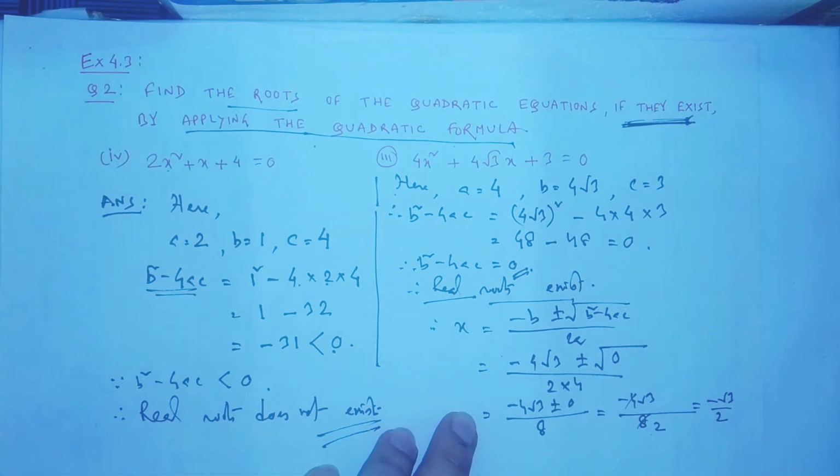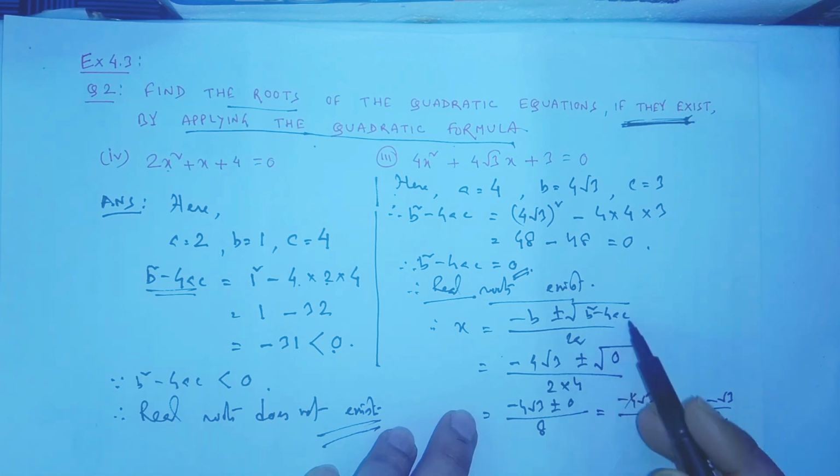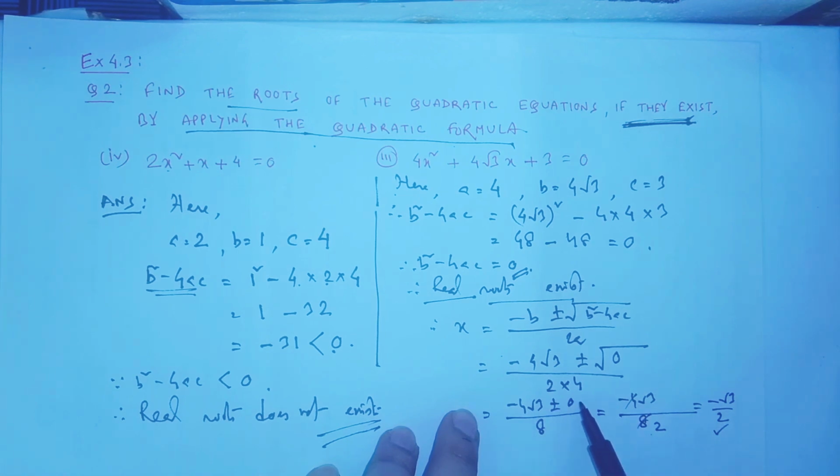But as I have already mentioned, it is a quadratic equation, so it must have two roots. We got only one root here. Then what about the other root? By keeping b square minus 4ac equal to 0, if you consider plus of 0 with minus 4 root 3, and minus of 0 also, you get minus 4 root 3 only. That means the two roots will be the same, equal roots. It is minus root 3 by 2, and the other one is also minus root 3 by 2. So these are the two roots of the quadratic equation. All right.